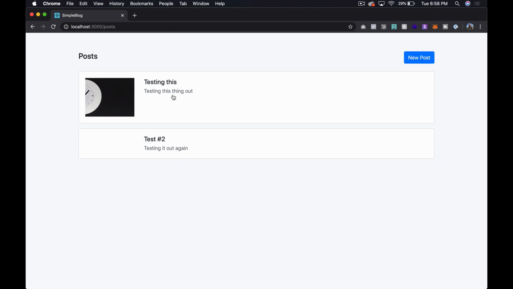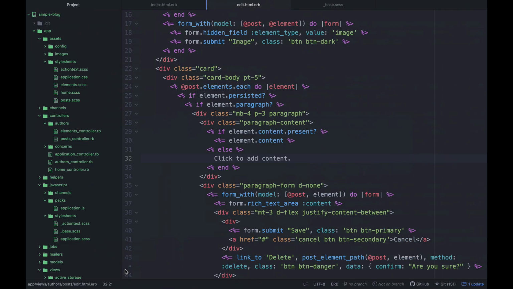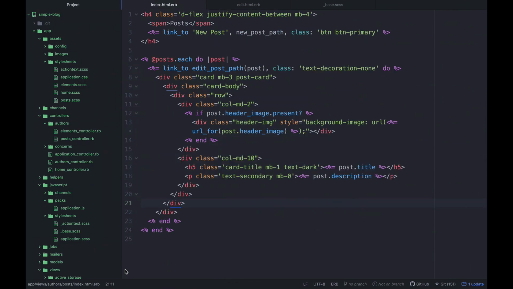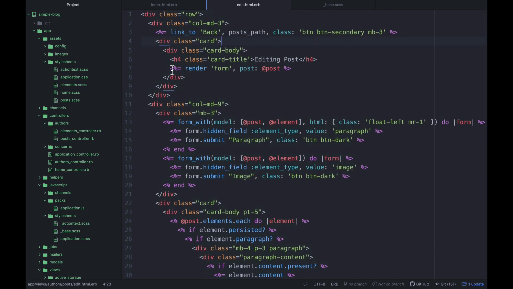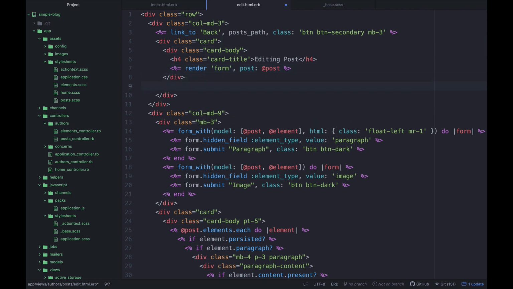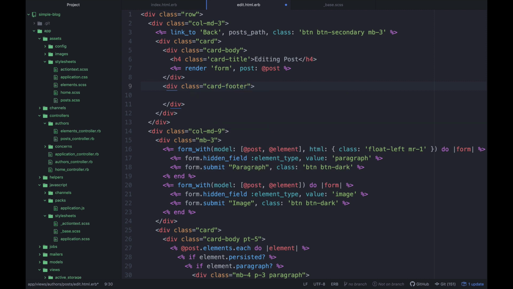So the next thing I want to do is set up something where we have a button down here to publish or unpublish a post. And then we're going to set up the logic to make that work. So if we go in here to our edit page, just under render form, outside of this, I'm going to create a new div, and I'm going to make it the card footer. And then basically what I want to do is say if